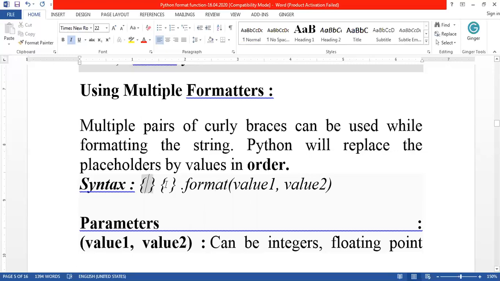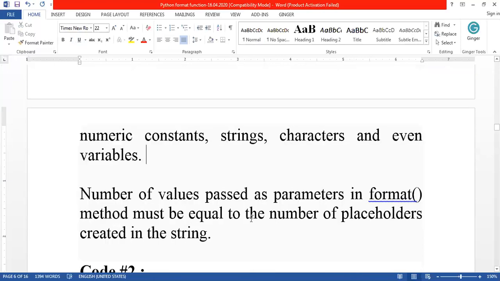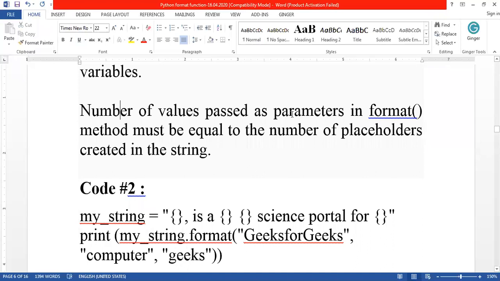So the number of placeholders should match the number of values. If it doesn't match, this will give you an error. The value can be an integer, floating point, a string, characters, anything. It is similar to the above. So the number of values passed as parameters in the format function must be equal to the number of placeholders created in the string.